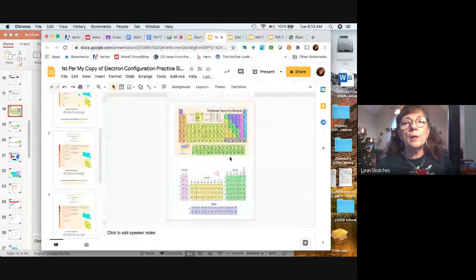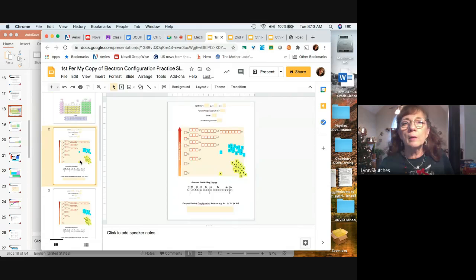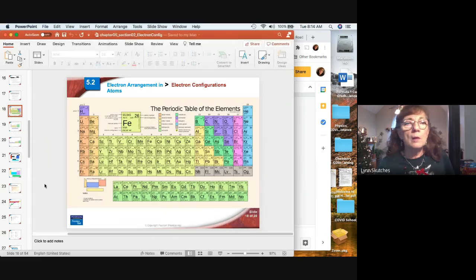Okay, so we'll come to this page. I went ahead and put a periodic table on here and a copy of the orbital, the sublevel blocks on the bottom. The actual work is going to be on these next pages. So I want to go through and do a couple of examples with you, and then